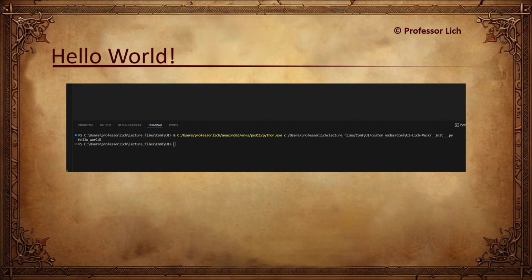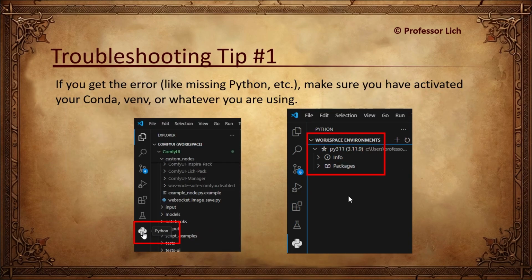I guess this is your first self-test to make sure all is configured well. If you see hello world, well done. If you don't, do not despair. Depending on the type of error you get, my first suggestion is to check that the environment is actually active. You will find it on the left-hand side.